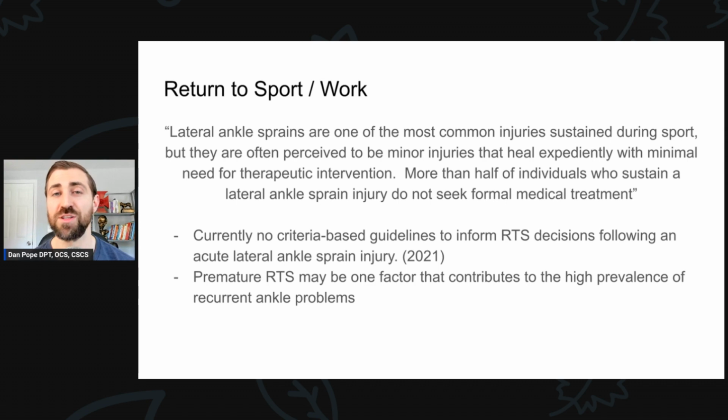We did reference literature earlier that if folks are returning to a high work volume, right? So largely if you sprain your ankle and now you're doing a whole lot of sport afterwards, that may increase your chance of having recurrences and/or chronic ankle instability. So it makes sense. We should probably make sure we do a really good job rehabbing these folks prior to